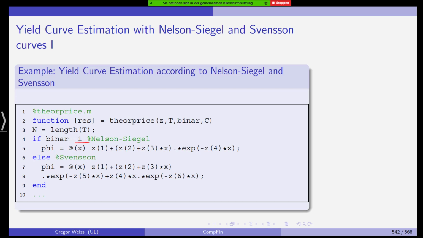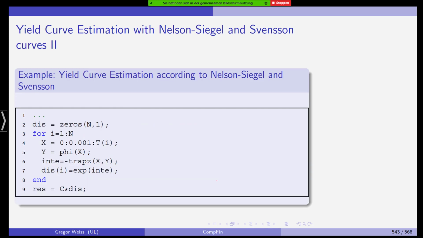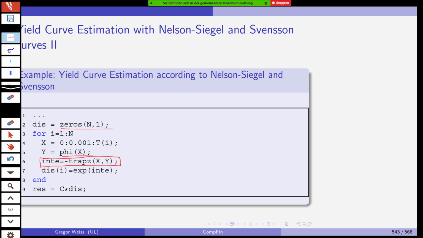So this gives us phi. We code the Nelson-Siegel exponential polynomial function and the Swenson one. It's a little bit more complicated. And then, using these functions phi, we can compute the discount factors. It's a vector of zeros at start, and then we calculate each discount factor. Now we start out with phi, but what is this traps? Traps is the MATLAB function for